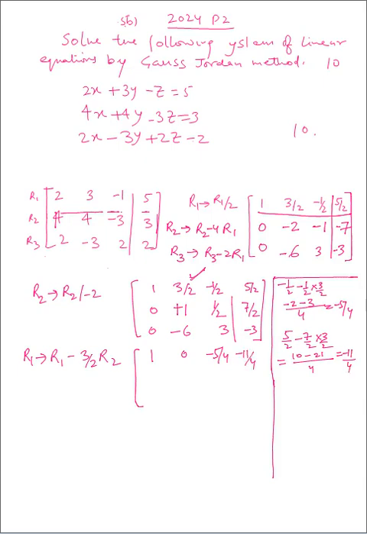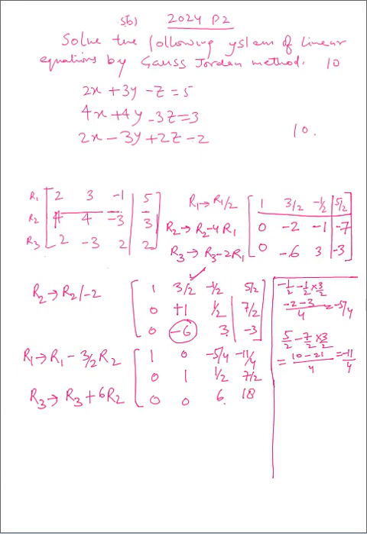Then we come to R2, which is the same because we make R3 elements 0 with the help of this. R3 plus 6 times R2, because this is 6 we are making it 0. This element we are making 0. So 0 0 and here it is R3 is 3 plus 6 R2. So 3 plus 6 into 1/2, that is 3 plus 3 is 6, and then minus 3 plus 7/2 into 6. So 7 into 3 is 21. 21 minus 3 is 18. This is 18.